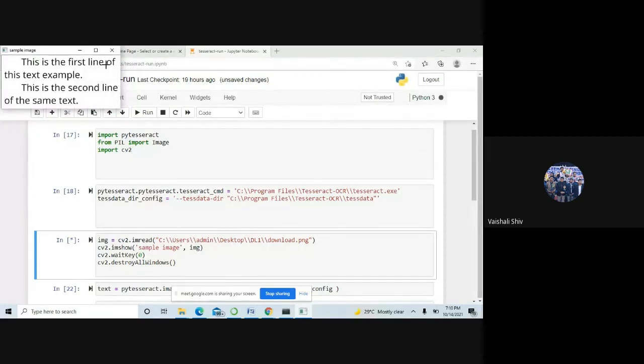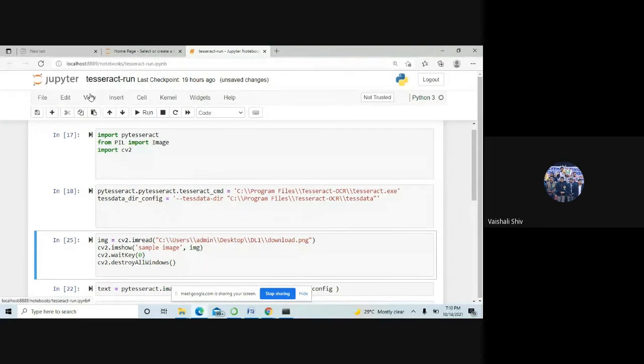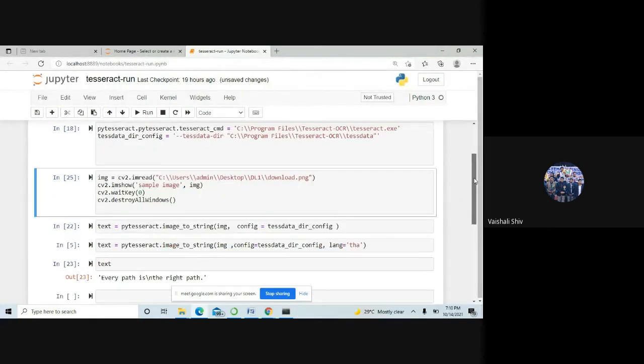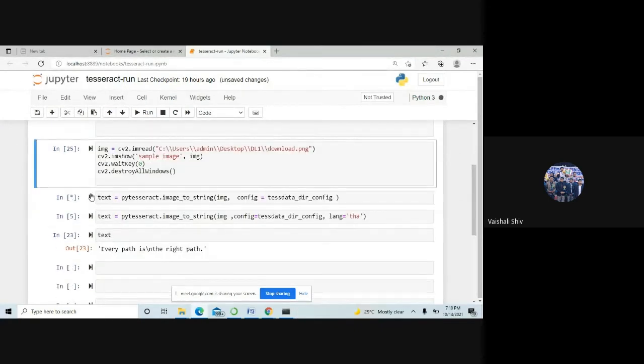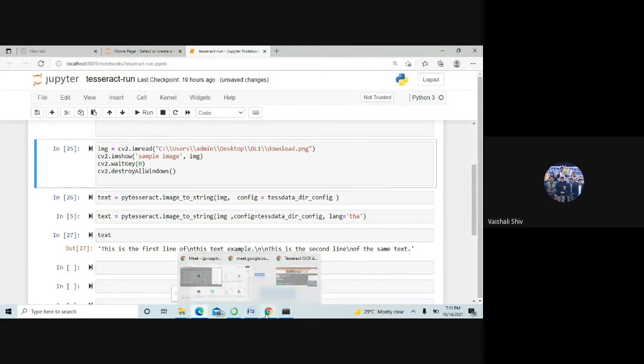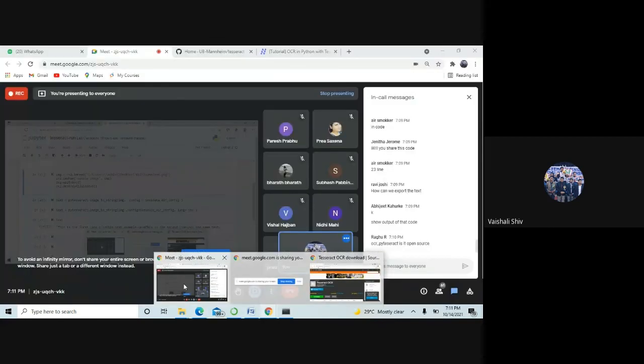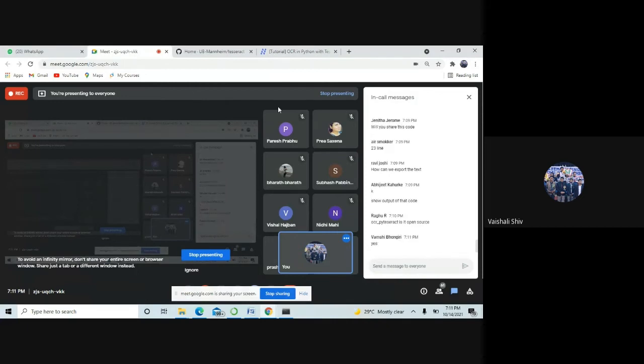See, this is the first line of this text example. This is the second line of text. This is my image. So I will press enter and see the text. Clear, everyone? Everyone can see, right? Yes, it is open source.